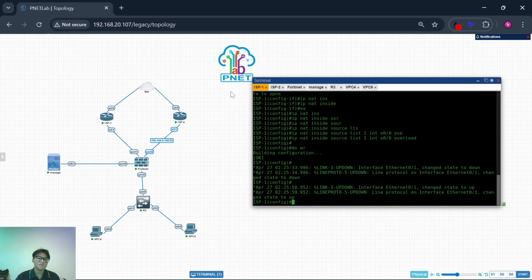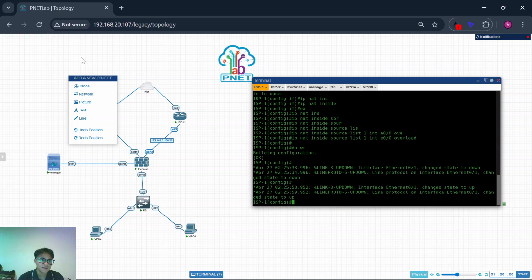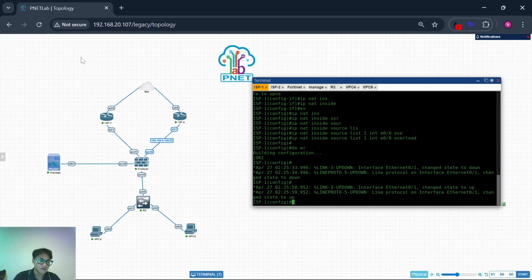Before, Cisco must have three nodes, and every node has a special function.